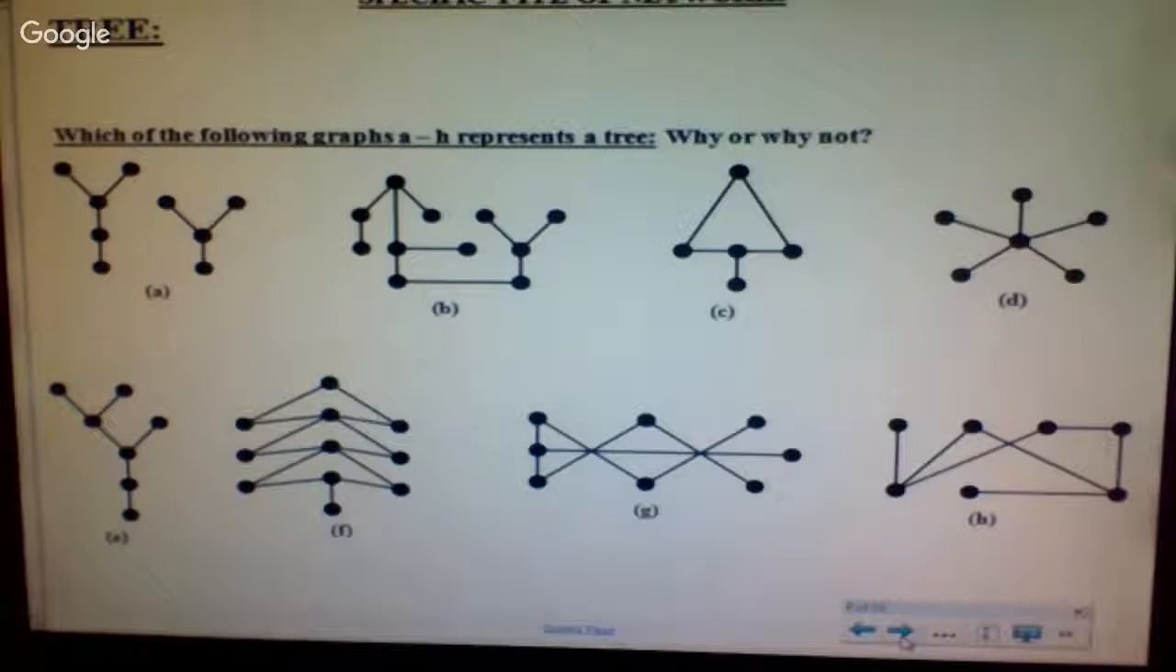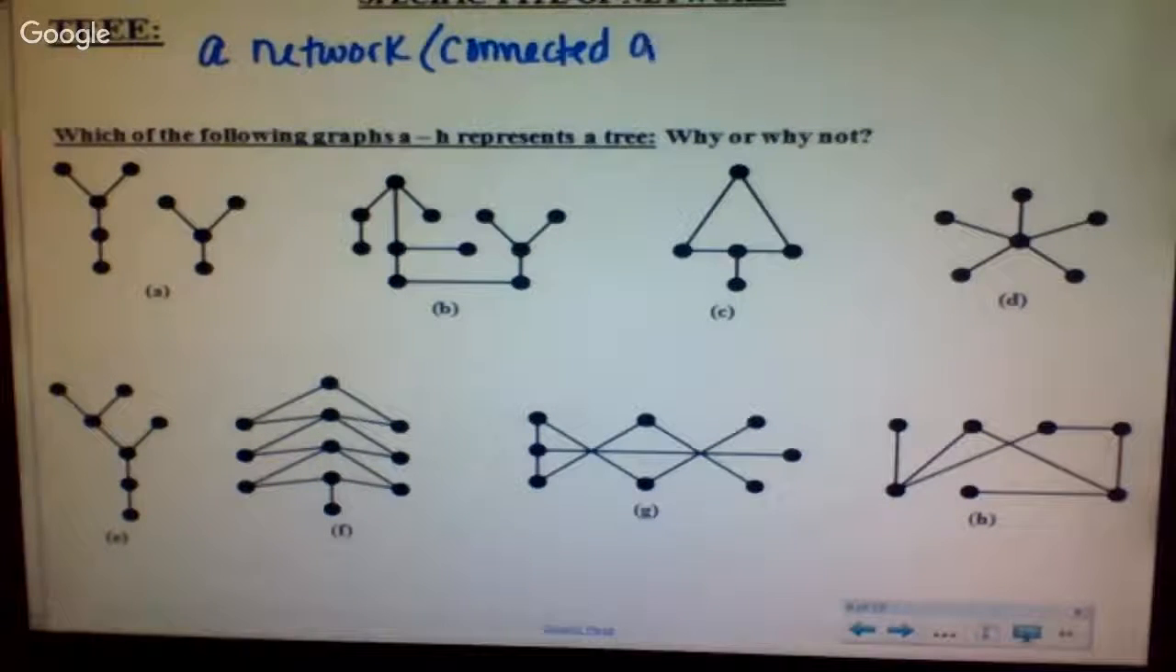Okay. The last thing we need to talk about in this chapter is trees. Your definition for a tree is a network. And because it's a network, that means it must be a connected graph, which means we can't have separate pieces. Remember, we already talked about connected graphs. Everything has to be reached. There cannot be 2 separate pieces or 3 separate pieces or even an isolated vertex. It can't happen. Also, they have no circuits